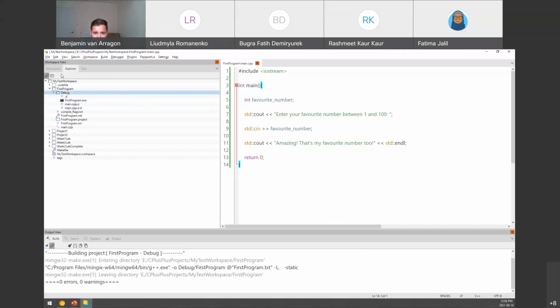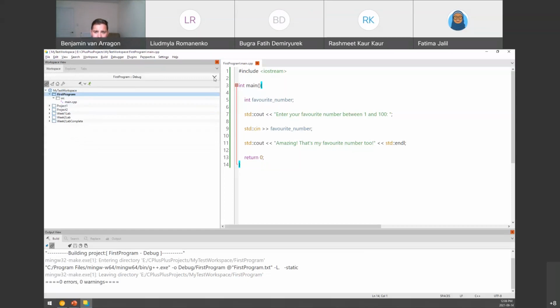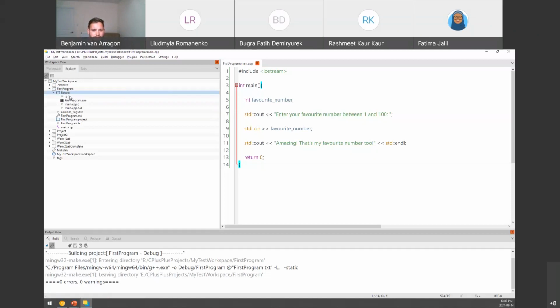Now, the reason it's in a debug folder is when I'm in my workspace, we can see that under this arrow, it says first program : debug. I can also work under a release perspective, but for our purposes, we'll always be in the debug. It just allows you to have different tools, and it builds like a debug log when you're actually building it. So if there are errors, you can look at the log. When you're doing a release version, it's when you're completely finished your project and you want to do a really clean, minimalistic build, and there's no extra kind of debug junk or log information in the build. All right. So I'm in my debug perspective,